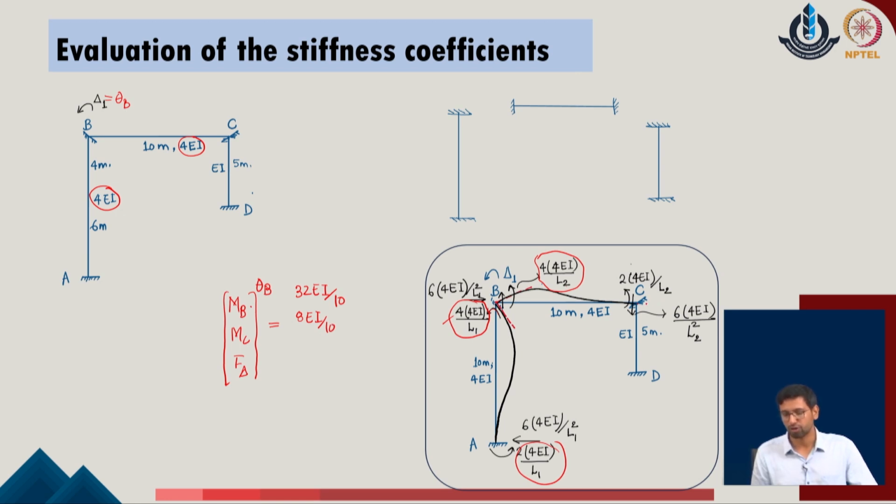Finally, we define the net horizontal force in the given system. For that, again we have to define whether there are any shear forces appearing with respect to member CD and member BA in the given problem. Member CD is not undergoing any deformation, so there is no shear force coming from it, and member BA will have an amount of shear force active at this position, which has been evaluated as 6 into 4 EI upon L1 square, and we define this value as 24 EI upon 100 for the given system. So, once we have these values, we evaluate that these are the contributions with respect to the theta B parameter in the given problem.